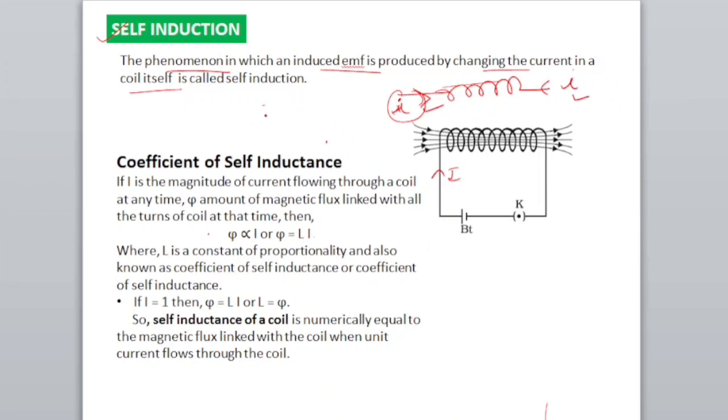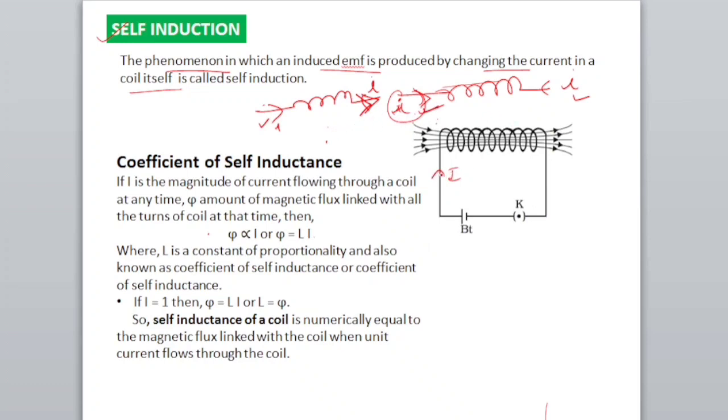Now suppose current is flowing through this coil and the current is decreasing. Due to the decrease in current, the magnetic flux is changing, decreasing, and EMF is induced. So it tries to increase the magnetic flux linked with the coil. How does it increase the magnetic flux? The direction of the induced current is such that it supports the incoming current. Here the induced current is in the same direction as the incoming current. So the induced current opposes the growing current, and the induced current supports the decreasing current. You must remember these two points.